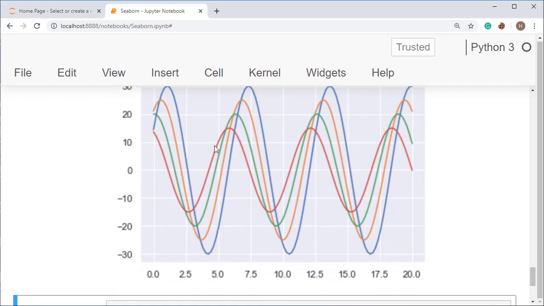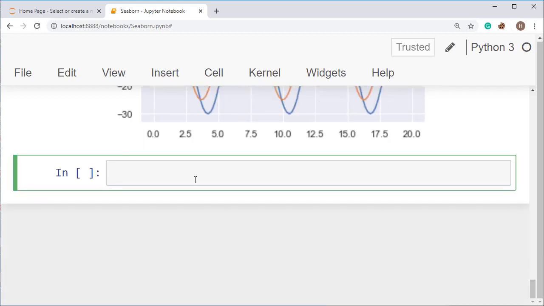This has actually converted the background of your graph into a grid so that you can visualize things. You can get the x-axis and y-axis lines beside the graph so that you can understand things easily. You can figure out the styles with some attributes. The first one is dark grid.